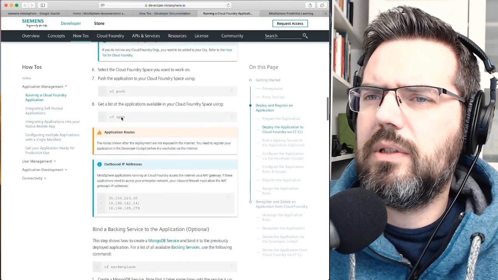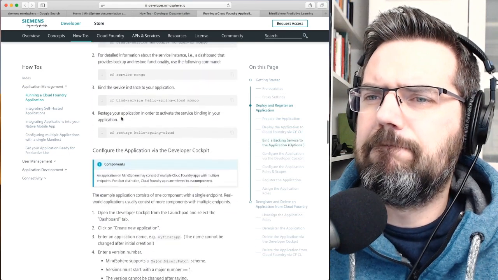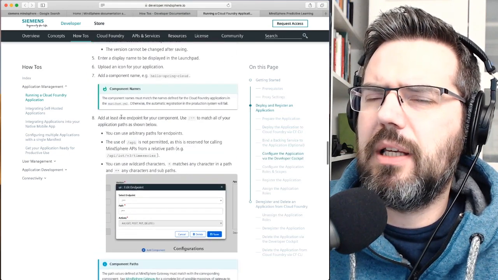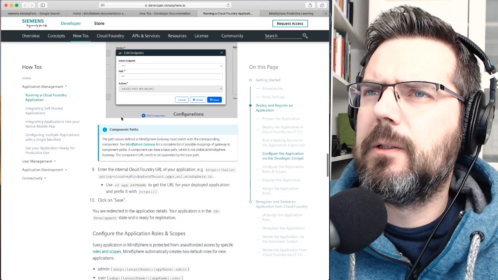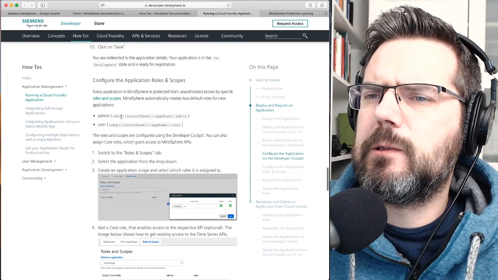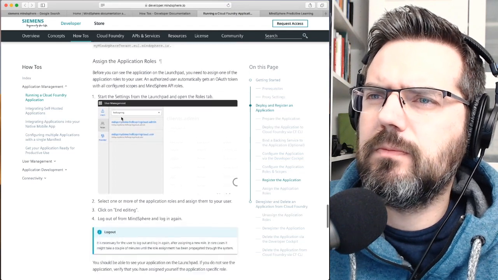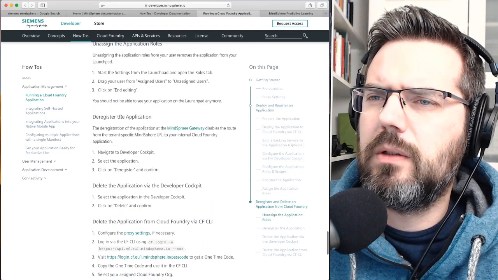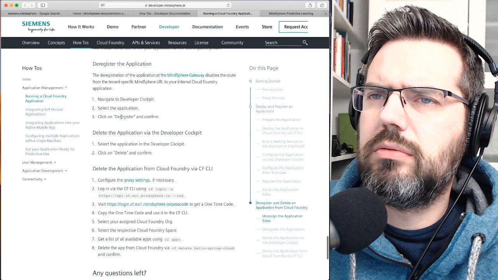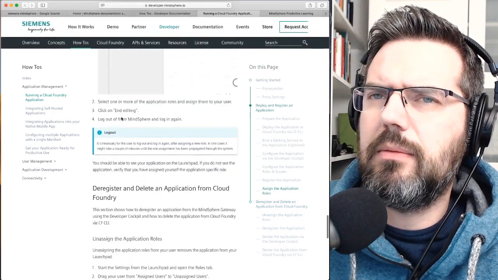Log in to Cloud Foundry. Okay, they can push the app. Platform as a service, delete the application again.